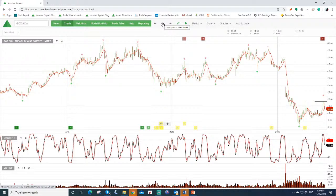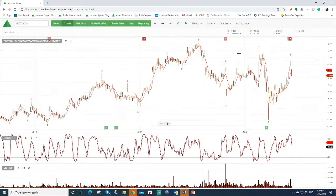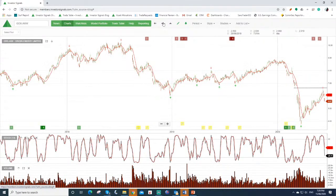Not a stock that we're active in on the short side of it, but certainly you could think about it with stops back above that sort of $11.80 level. Cleanaway, so we like the fundamental story here. We'd taken profit on the stock up at around $2.20. This is a name that you just want to keep an eye on. If we see it back below, say $2, maybe $1.80, $1.90 level, we'd be looking to add that back into